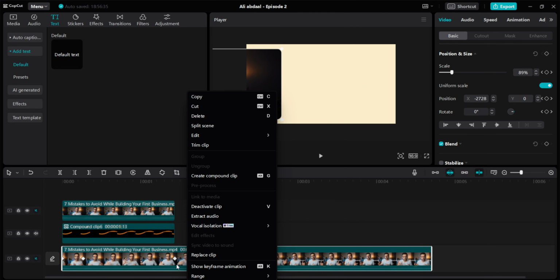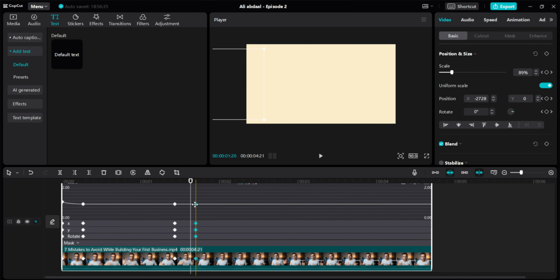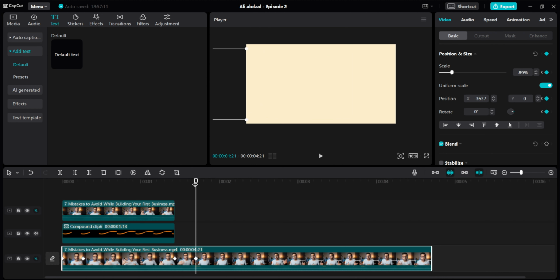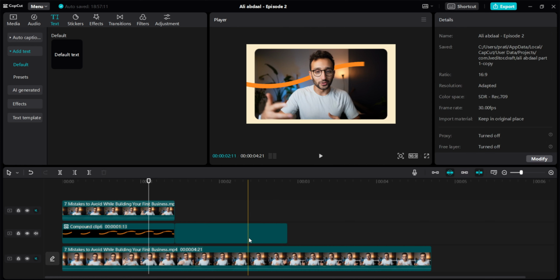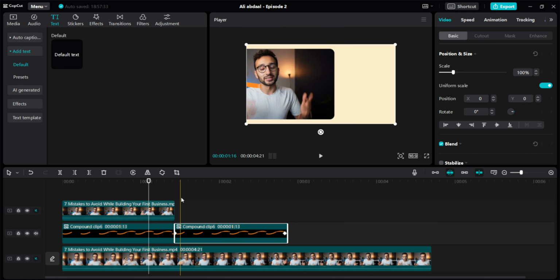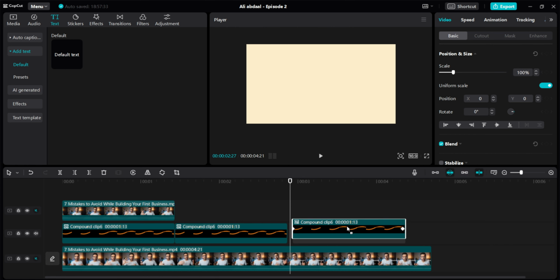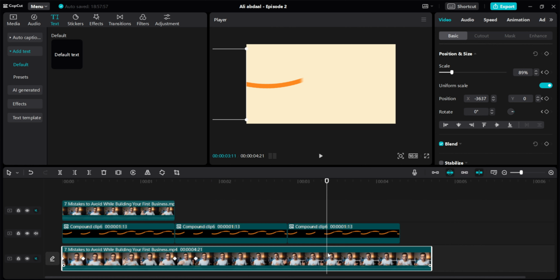So again, just click on show keyframe animation. Do a drop down. Click on this. Close the keyframe animation. Let's drag it again over here. Do you see this is happening smoothly? So again, drag it, clicking Alt for a third time. Maybe we can keep it till here. Okay. Then I'm going to do a cut